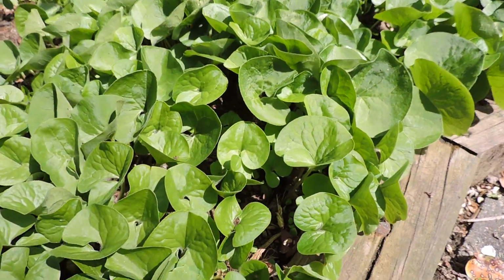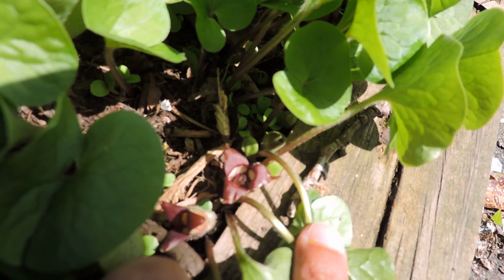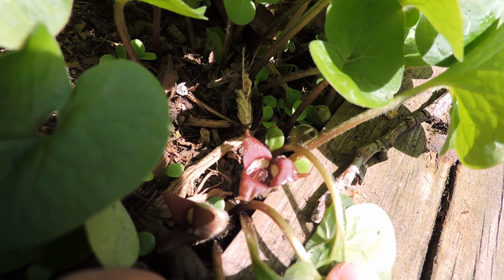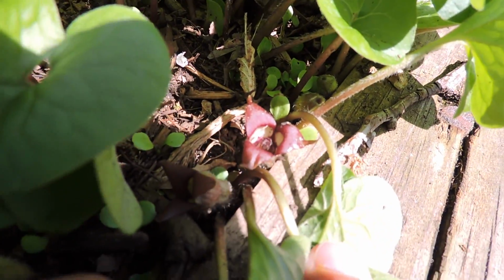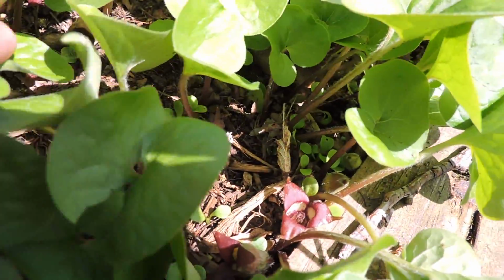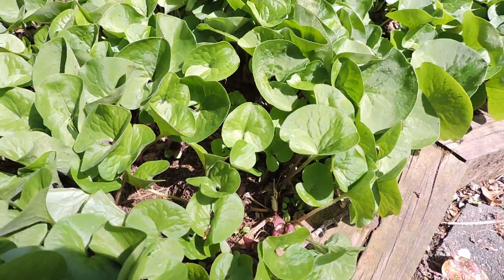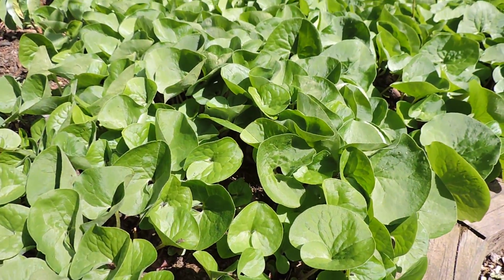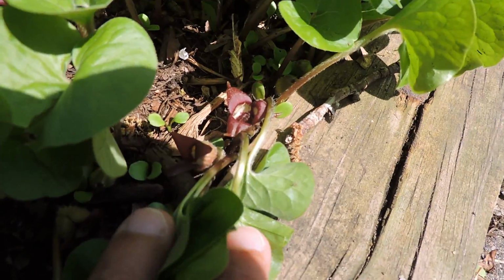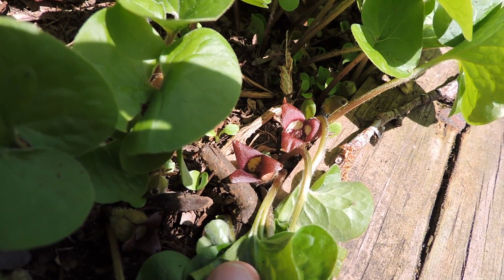And once a year it produces little flowers. The flowers are interesting looking in that they look like little brown tricorn hats. These flowers are underneath the leaves. They're sometimes hard to see, and there's good reason for that, and that is they're not trying to attract your typical pollinator. What these guys are trying to attract are things like carrion beetles and ground beetles, which are their main pollinators. And if they're lucky and they do have a visit, then it'll form a seed pod, which has an